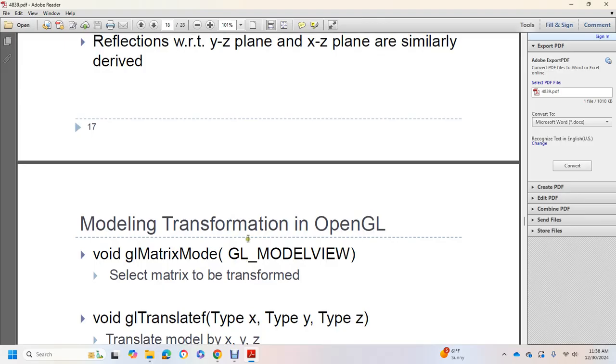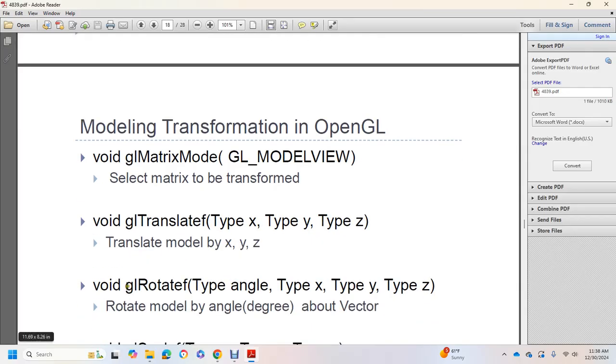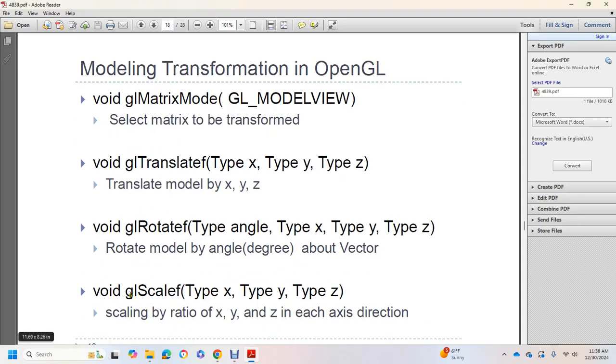Model transformation. In the graphics library, the matrix mode selects the matrix to be transformed. Void glTranslate, type X, type Y, type Z, translates the model by X, Y, Z. Void glRotate, type angle, type X, type Y, type Z, rotates the model by angle degrees about the vector. Void glScale, type X, type Y, type Z, scales by the ratio X, Y, and Z in each